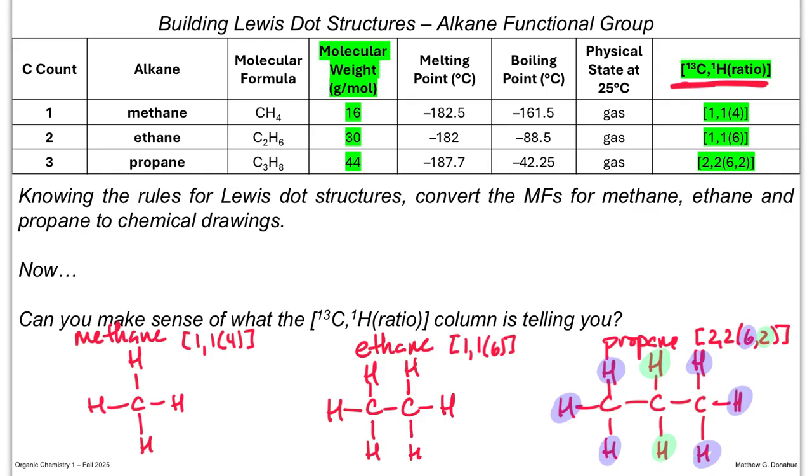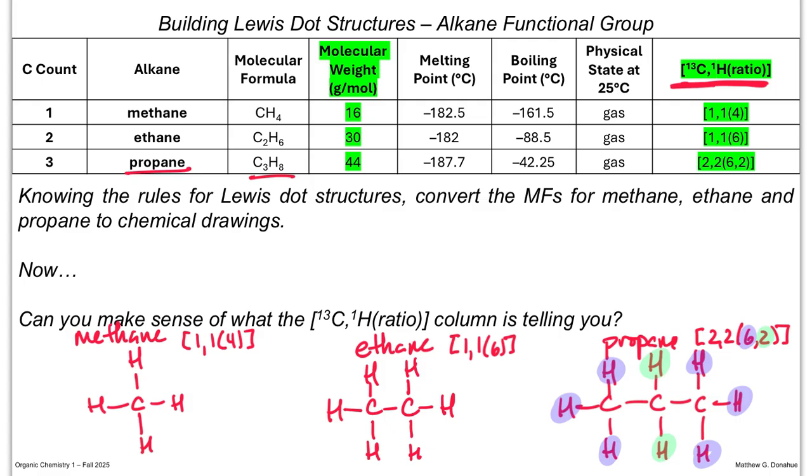Okay, so the question is basically, what do those numbers in the square bracket mean? Conceptually, what we're doing now is laying a foundation to understand NMR spectroscopy. We'll learn more about that in Module 2, but NMR tells us basically the unique number of carbons or hydrogens in a molecule. So as we see for propane,